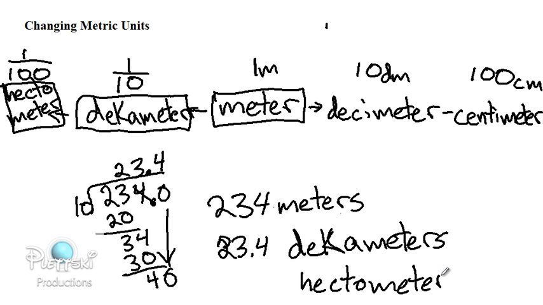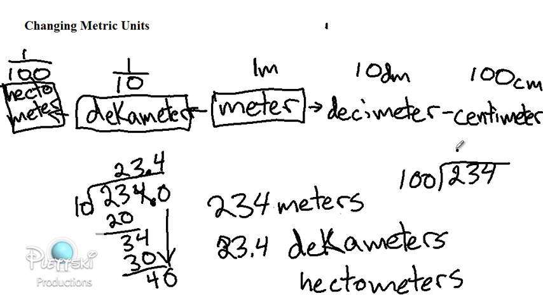Hectometers. Well, now I have to divide it again by 10, or divide the meters by 100. So how many times does 100 go into 234? Well, 234 divided by 100,